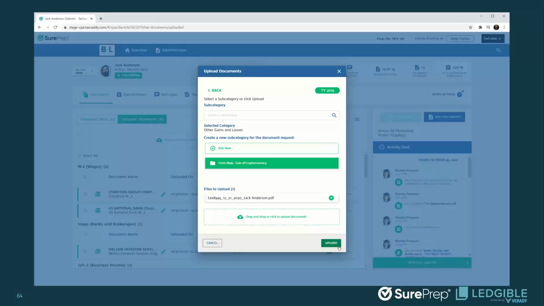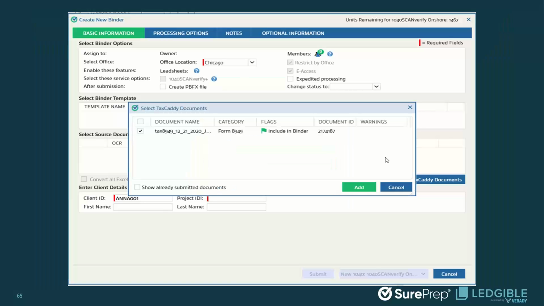Sure. So once the 8949 is ready, you basically drag and drop it into this client's, Jack Anderson's, Tax Caddy account. So this screen is what you'd see when you're essentially uploading it to Jack's account. And once it's there, John, if you go to the next slide, it will be included in all of Jack's